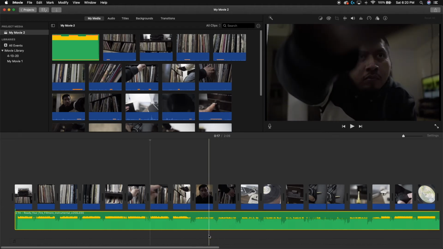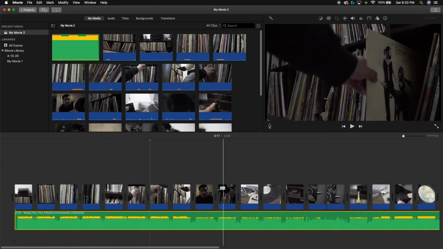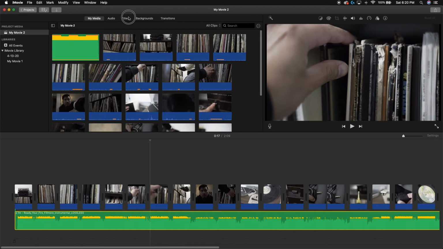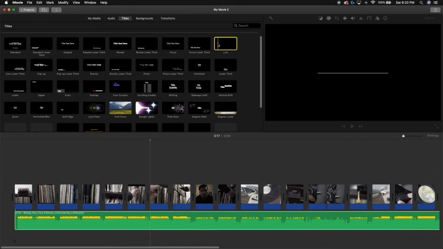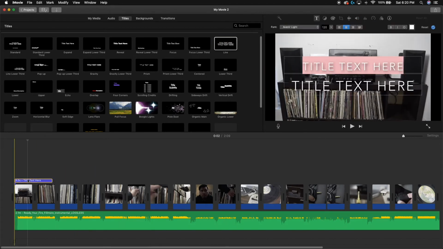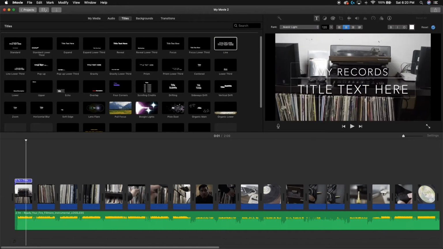Now that we have a basic outline of your edit, let's add some flair. Go to the top and click Titles, and you'll see a bunch of templates for titles and lower thirds. You can preview them by hovering over them just like your footage. When you find one, just drag it onto your timeline where you want,